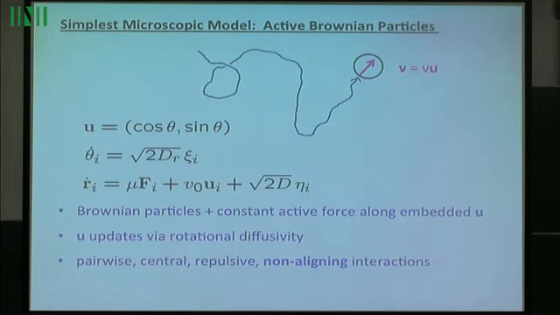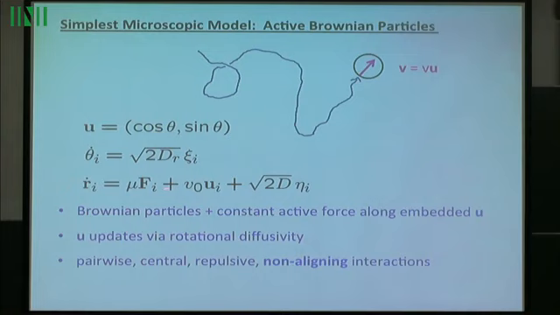Okay, so here's the active Brownian particle picture. So I will be adopting this as the Langevin equations. I'm not going to include any of the more complicated hydrodynamic and other interactions that Chantal mentioned. So here's a particle. It has, in 2 dimensions, a direction in which it's swimming. It has a propulsive speed v. So its angle is being updated by rotational diffusion. And its translational motion has a